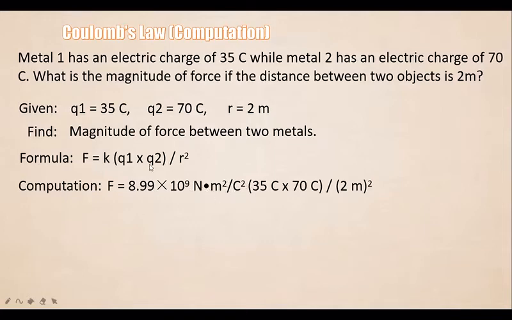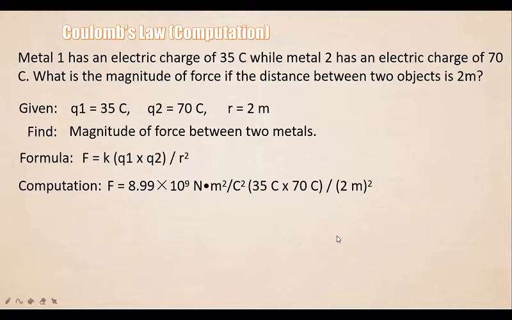So as you can see, the value of our Coulomb constant is still the same since it is constant. Then our Q1 is 35 Coulomb and our Q2 is 70 Coulomb. Then our distance, which is represented by R, is 2 meters. So again, the first thing that we need to do in computing the Coulomb force is to get the product